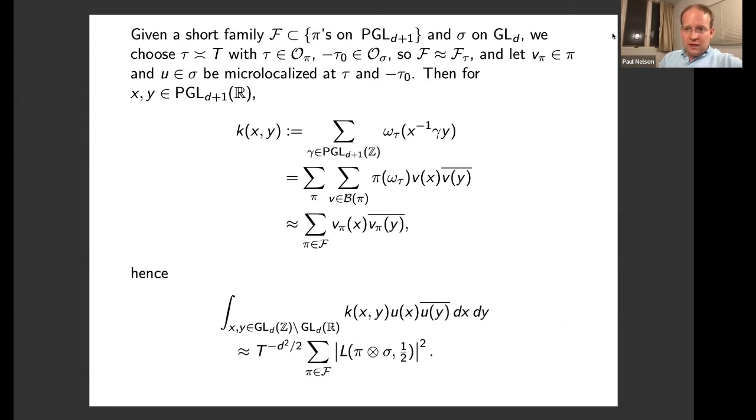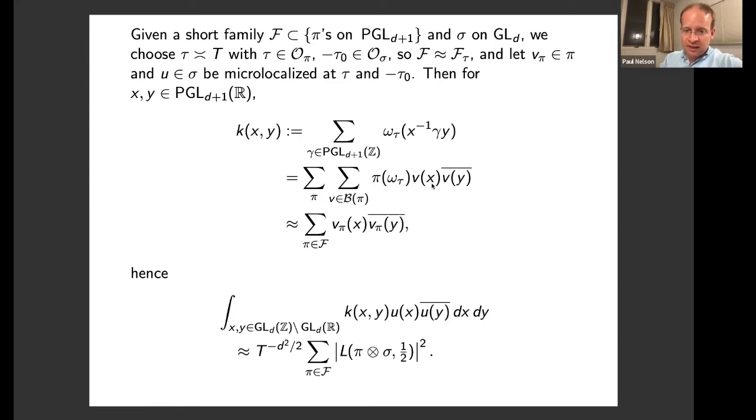And so now if we let v pi in pi and u in sigma be the vectors that are microlocalized at tau and negative tau naught, then this kernel function that I've called K of x, y, which you get by summing over rational points for PGL_d, or integral points for PGL_{d+1}, this is the kernel function that shows up in the pre-trace formula, for example. So we write down its spectral expansion, and I'm ignoring continuous spectrum here, but that'll be okay for us. So you sum over pi, you sum over vectors in an orthonormal basis for pi,